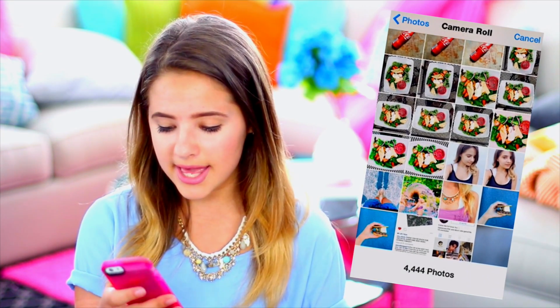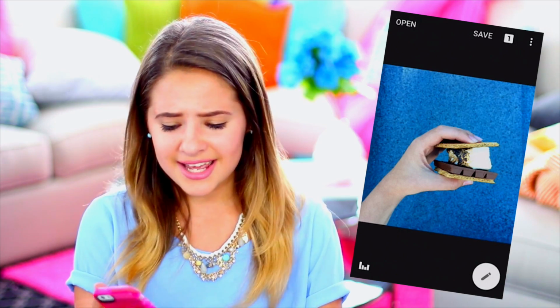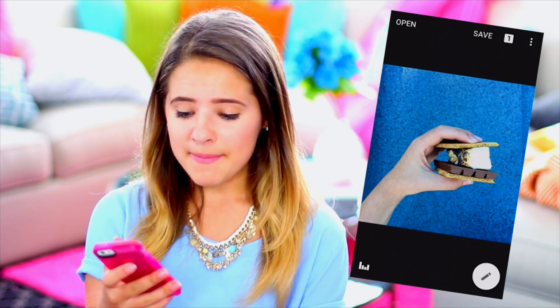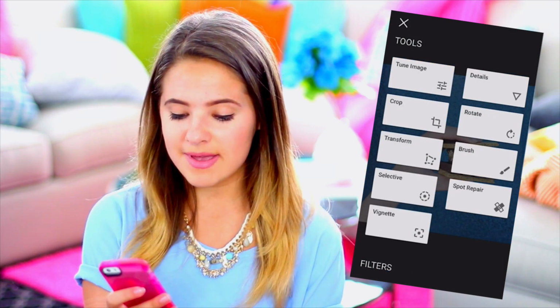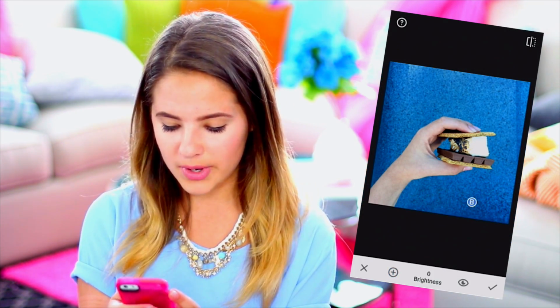So we're just gonna start off with Snapseed, which I pretty much use to edit selective color areas. So I'm just gonna start off by picking a photo from my camera roll, and we're just gonna go with this s'mores photo I took, I think, last night or something, so it's pretty new and it's completely unedited. So to start off on this app, I tend to use the selective portion of this. So I go to the selective tool and I just click whatever part of the photo I want to make